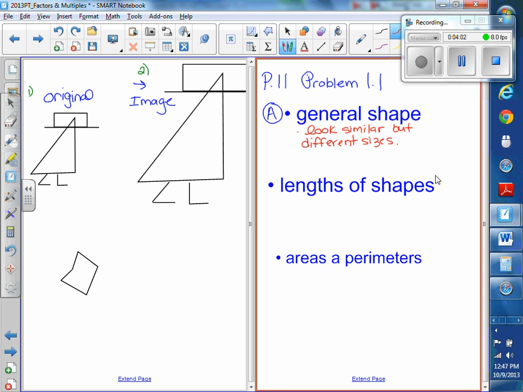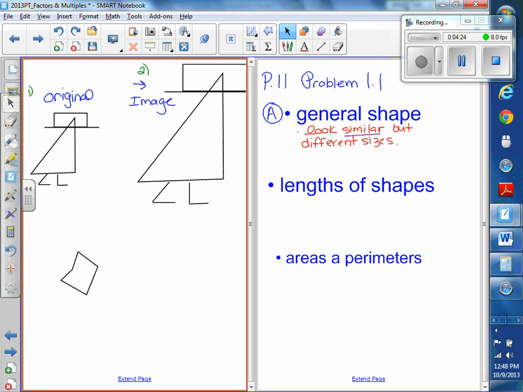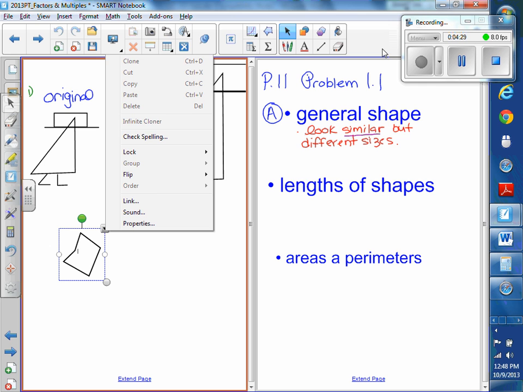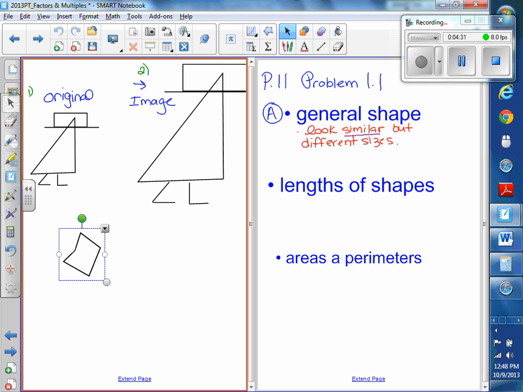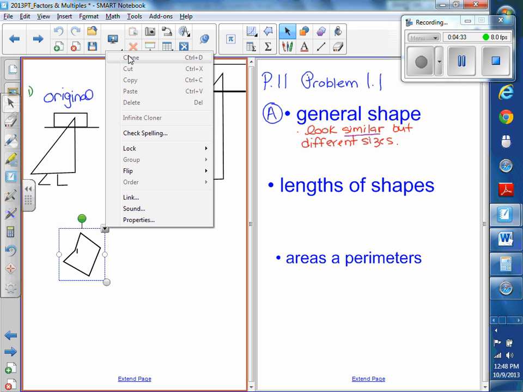So the word similar is actually a mathematical word. Now you might use the word similar a lot in your life, but today it's going to mean something very specific. So anytime I say similar, I'm going to mean something really specific. So we wouldn't use similar anymore unless we meant a very specific thing. But I'm going to give you something to think about here. So if I take this shape down here, this one right here, and I clone it, which would be kind of like how you